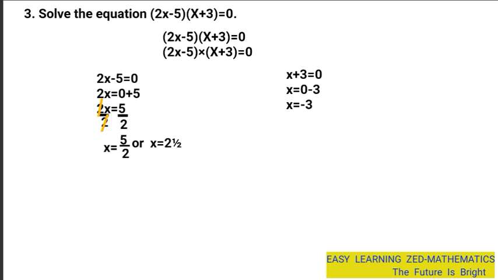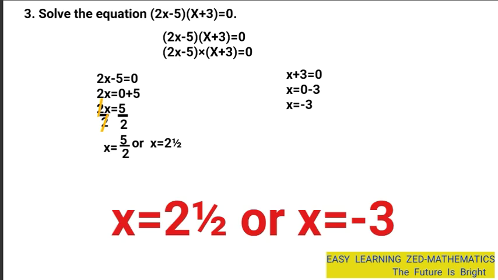Okay, so now these are the answers. The answers the examiners were looking for from you students was x = 2 1/3, or x = negative